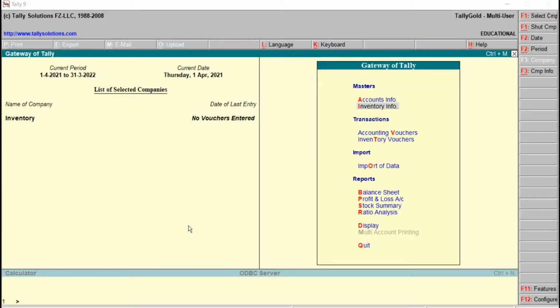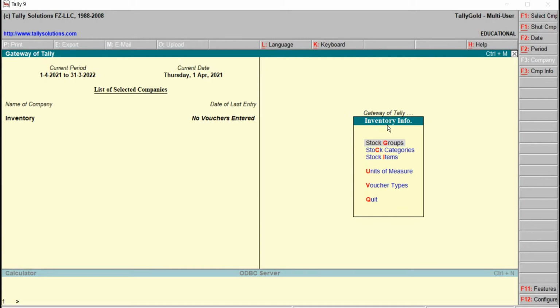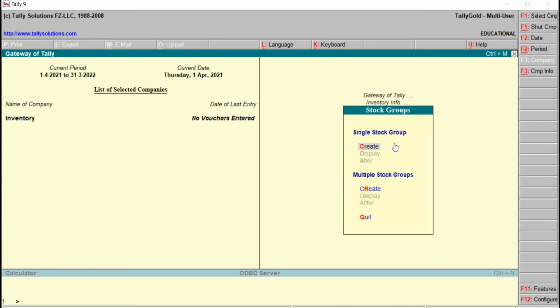Now let's see how to create the stock groups. From the Gateway of Tally, Masters, Inventory Info, or just press the letter I. Just click on this. This will take us to the Inventory Info menu and here comes Stock Groups. Just click on this and here we can see the stock groups menu has come down, single and multiple mode.